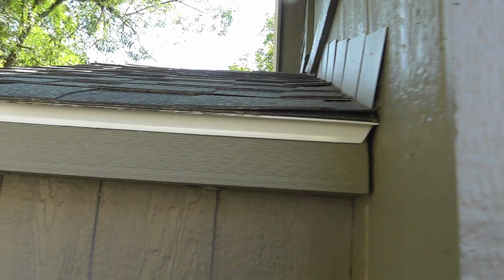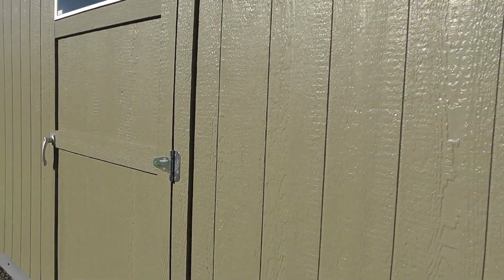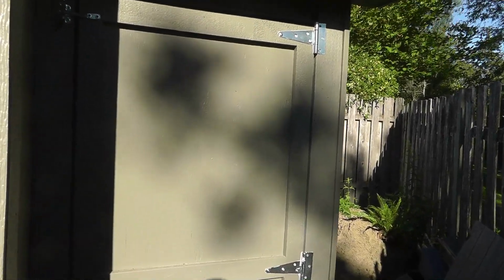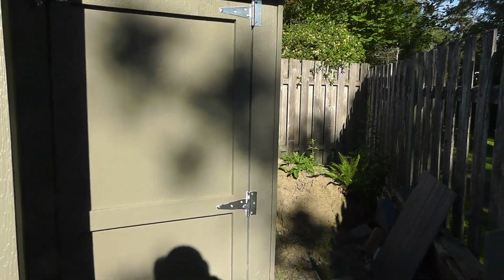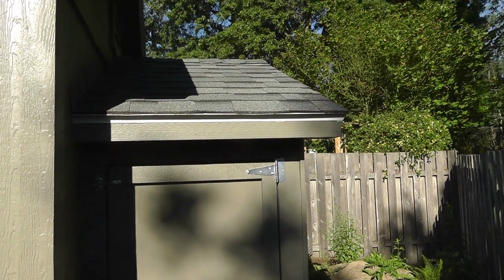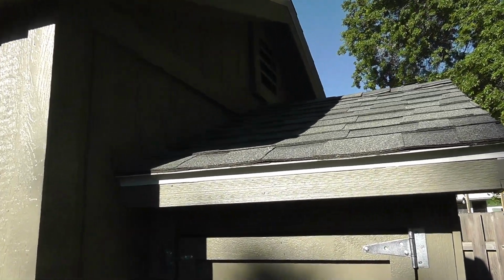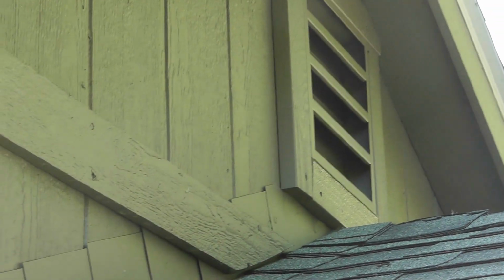But it does show you the addition that I installed. I built this here, and I found that having my shed, I parked my lawnmower in there. And tell you what, the lawnmower takes a lot of space when it's doubling as a shop. So I decided I'd bump it out about 3 feet. Of course, I got it approved by the HOA, and you can tell up in the top there I put another vent for cross ventilation on the inside,